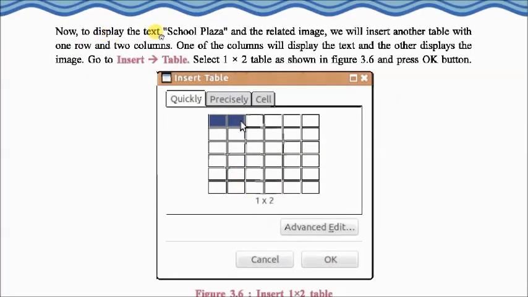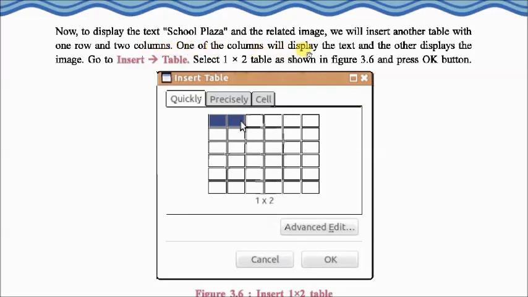Now to display the text School Plaza and the related image, as shown in the figure, that format is given. We will insert another table with one row and one column. Now again insert one table with one row and two columns.